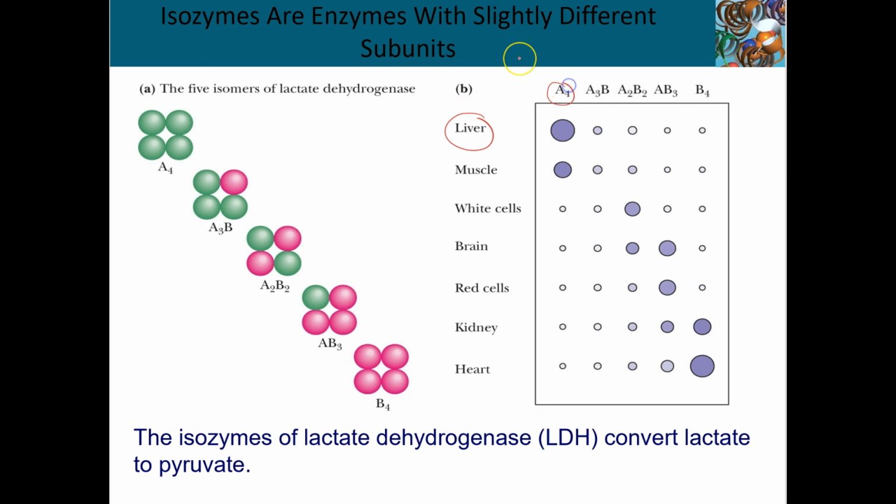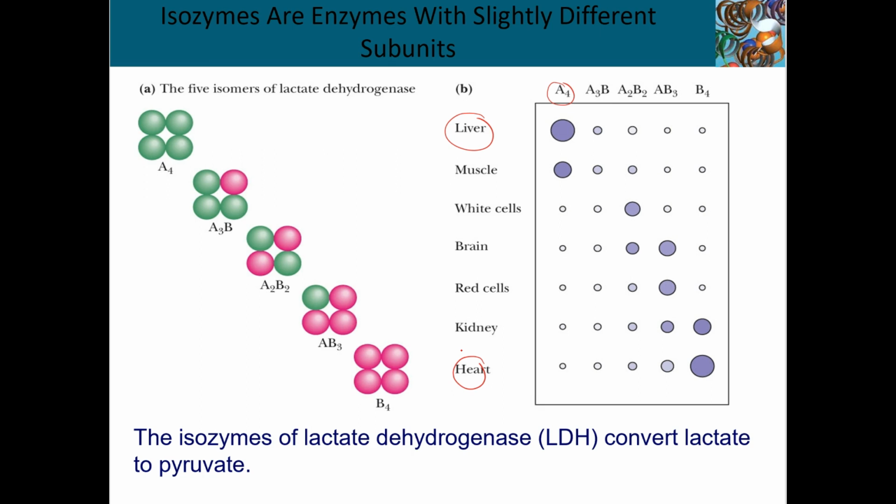Liver is A4, so is muscle, and it has a higher expression than muscle. And then if we look at heart, heart is B4 and has a higher expression than kidneys, even though kidney has very high LDH. So the function of LDH and the quantity expressed is